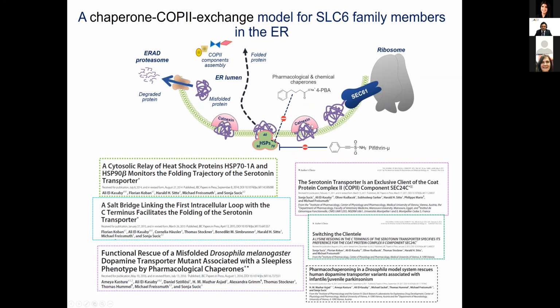a mutation, so it is still bound to the calnexin or this HSP relay, which are the quality control steps, then either after leaving these two steps, it can go out, or if it needs additional time, then different chaperones such as 4-PBA can still stay bound to the protein and give it further time to fold properly. Now you can imagine at the ER, the protein concentrations are typically in the millimolar concentration ranges, which